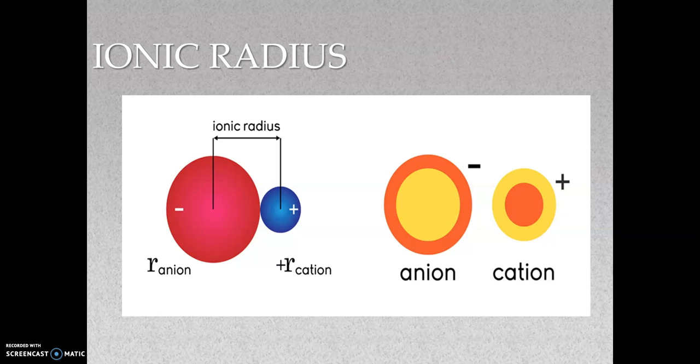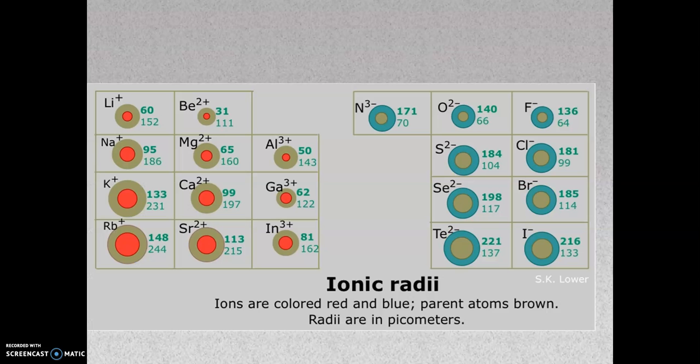Here you can see cation and anion. So here you can see some cations and anions and the ionic radius. Here you can see the red colored round balls are ions, that are cations which carry positive charge, isn't it? The blue color is anions and the parent atom is in light green color, isn't it? So the size of the cation is smaller than the parent atom, but the size of the anion is larger than which